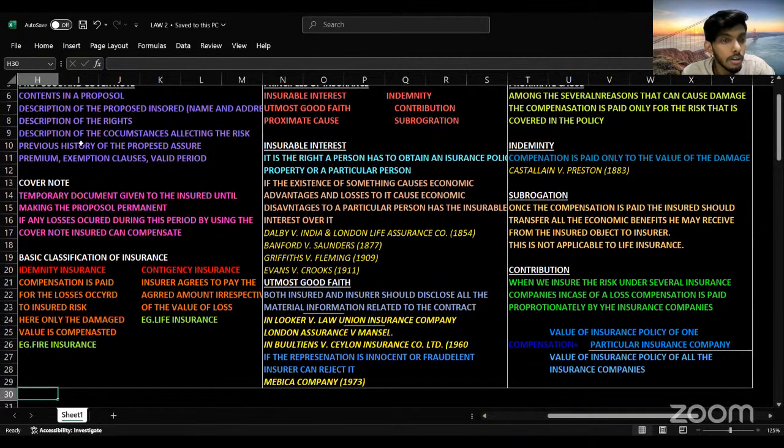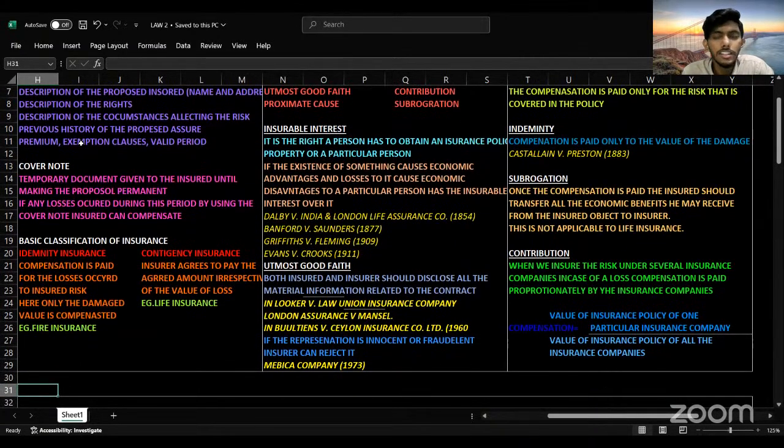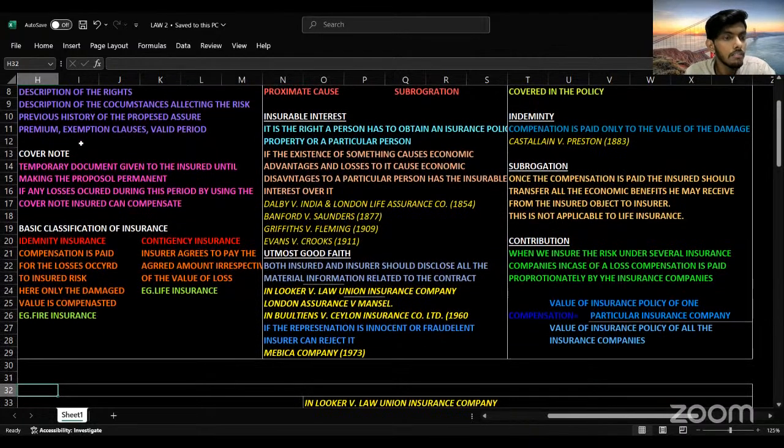Then we have the cover note. It's a temporary note given by the insurer. It is a temporary document given to the insured until the proposal is made permanent. Even if losses occur during this period, using the cover note, the insurer cannot